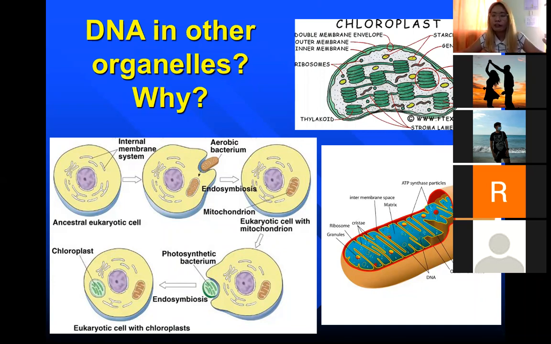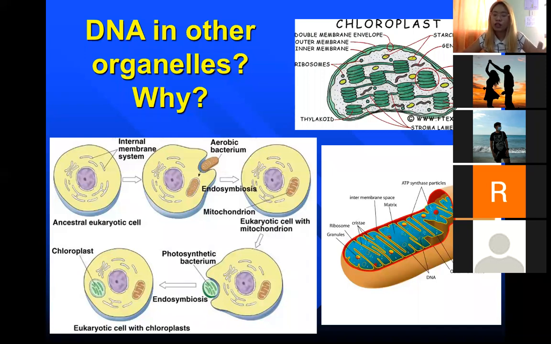And then this eukaryotic cell eventually evolved as well. So hindi na enough para sa kanya na nakakapag-convert siya ng maraming amount of ATPs in the presence of oxygen. Ngayon naman, nakakita siya ng isa uling bacterium. This one is a photosynthetic bacterium. It has its own DNA and it has its own ability to produce food using the energy coming from the sun. So, kinuha ulit niya, pumasok ulit yun doon sa eukaryotic cell. So, eventually, yun na yung naging plant cells.